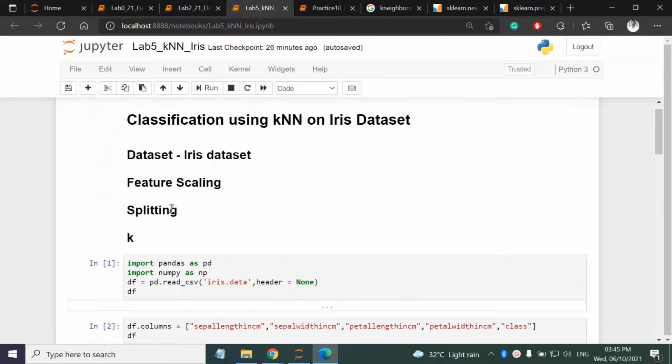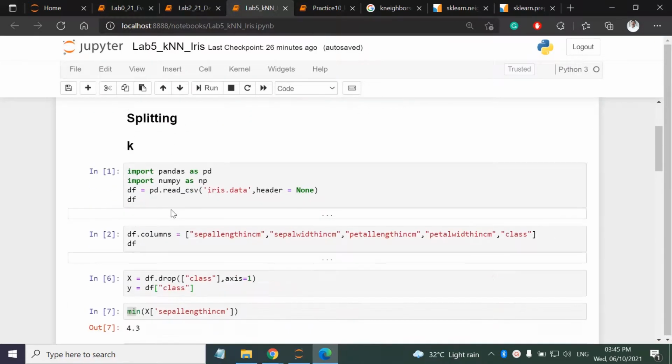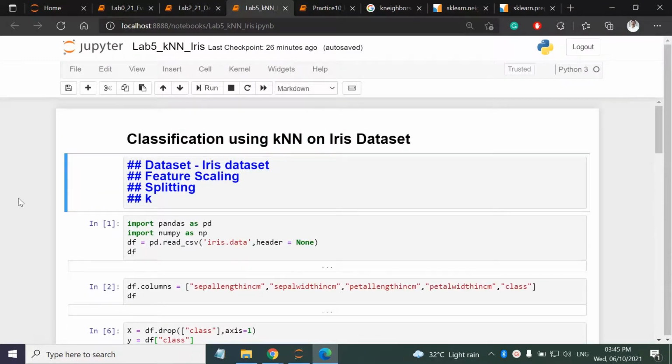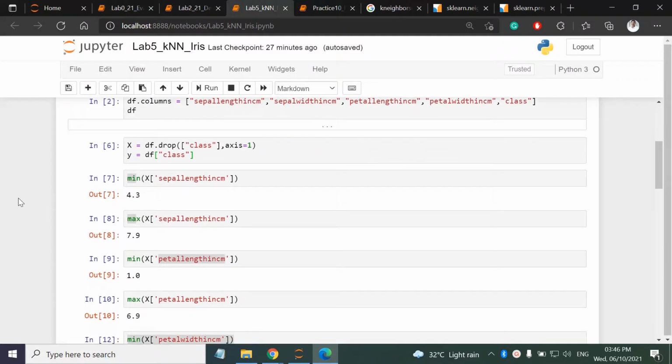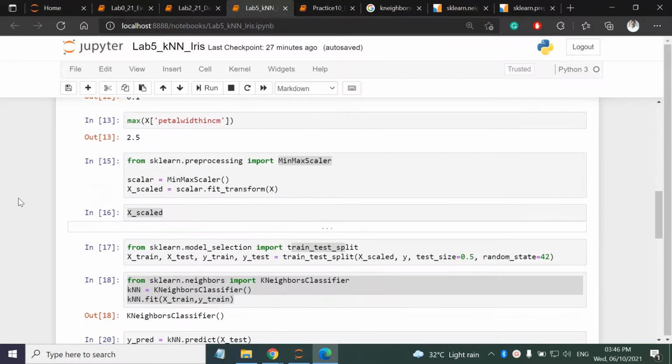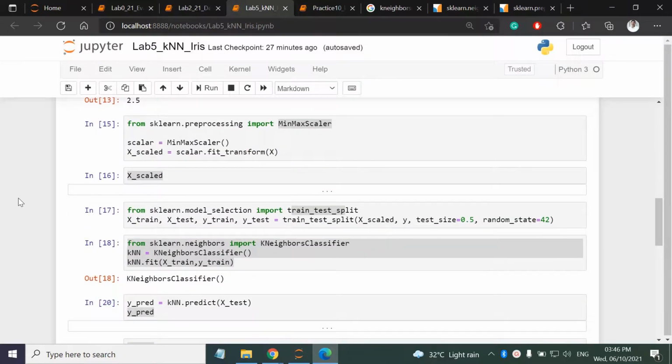Okay, so take screenshots. This is the first part, reading the data from the CSV file. Then this is the analysis part. Then scaling and splitting.